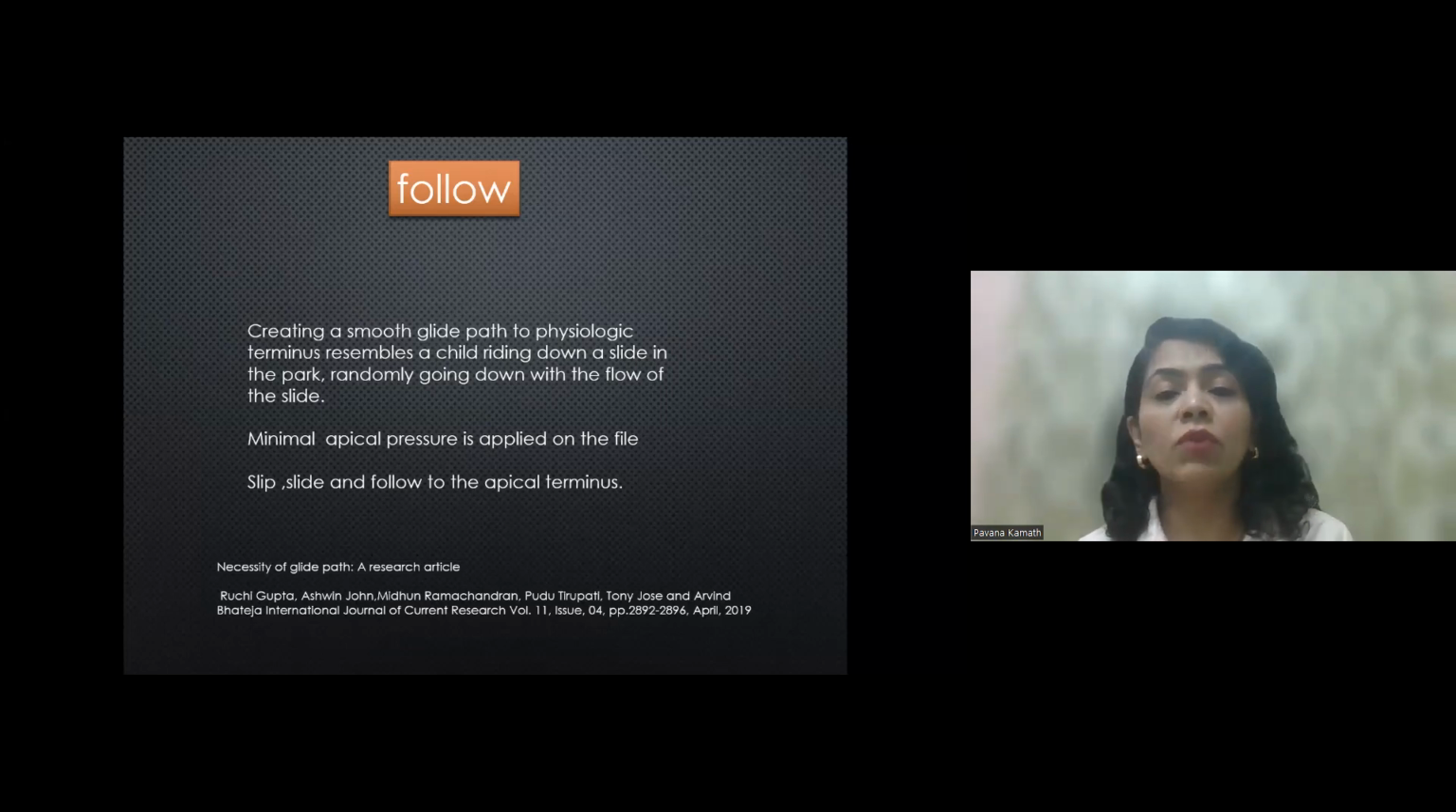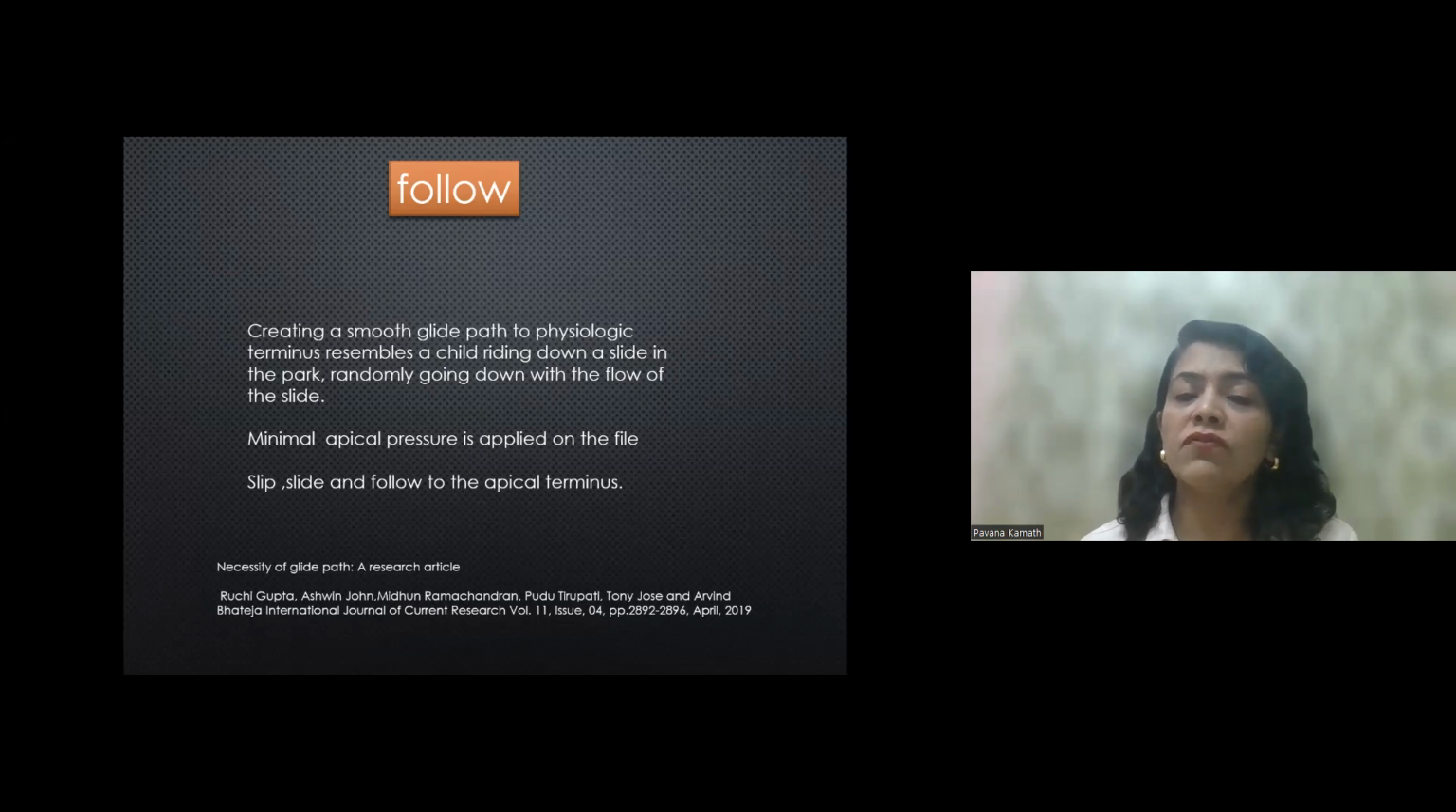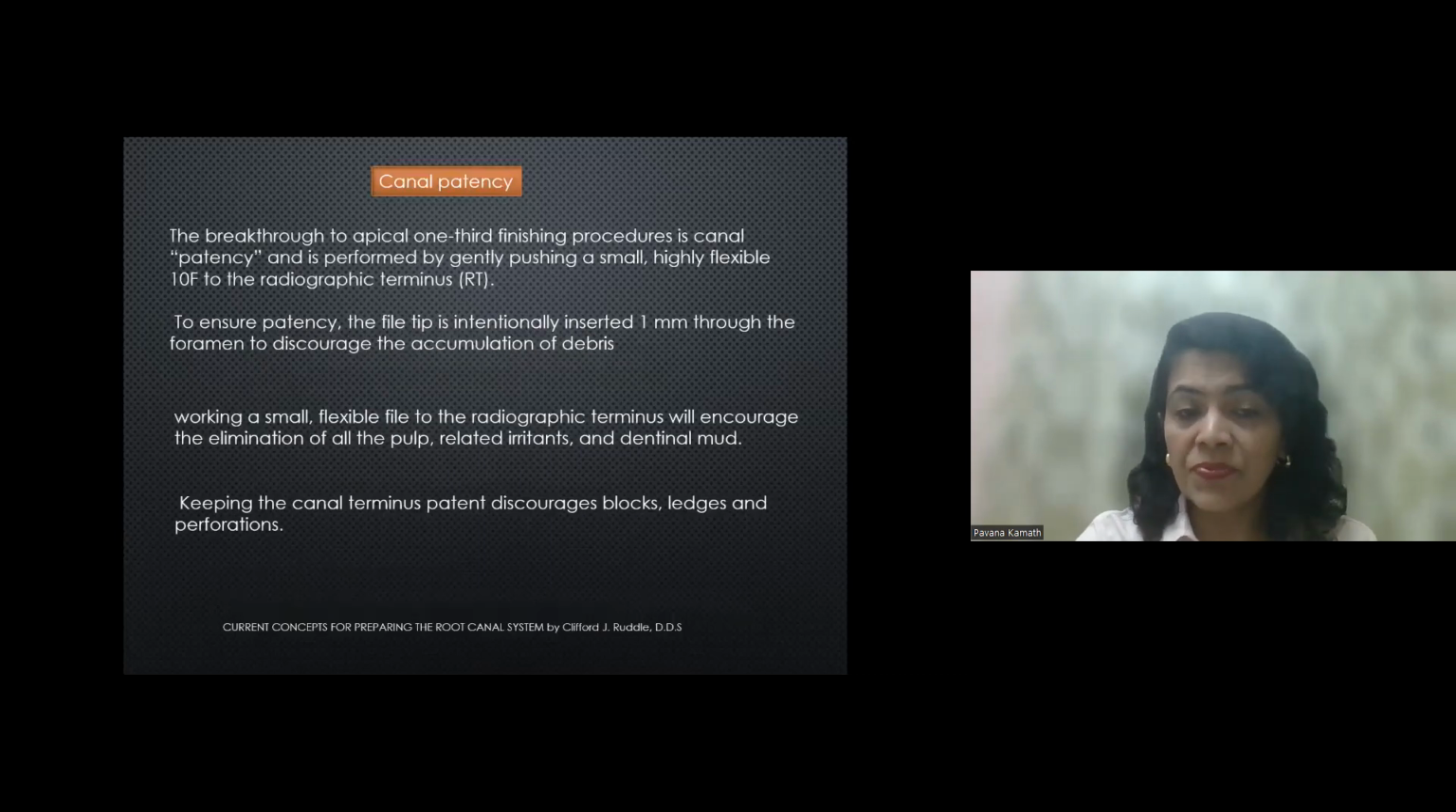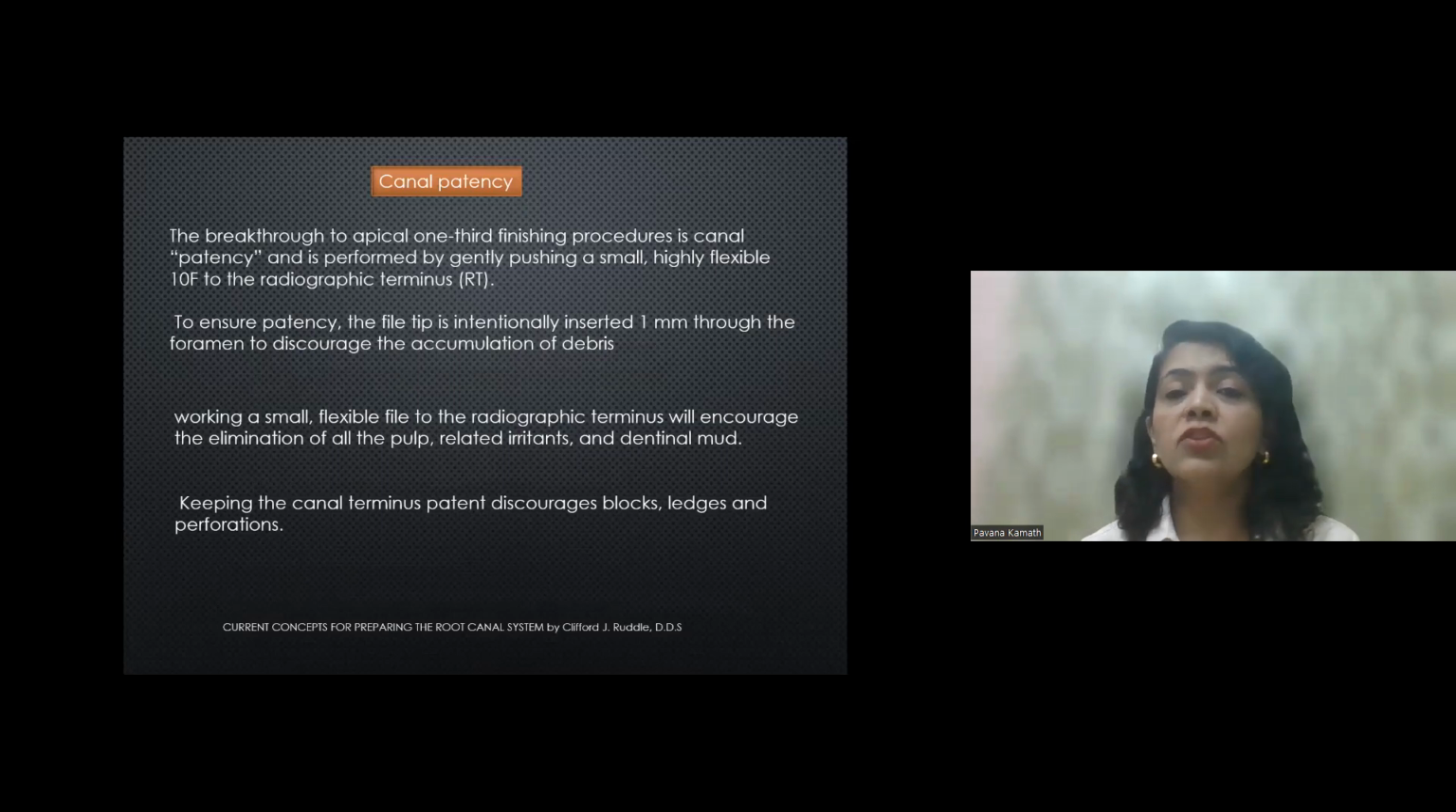That is exactly what we have to do. Using minimal apical pressure on the file, we have to slip, slide, glide, and follow the canal to the apical terminus. And that is how a glide path is established. Once you reach the apical terminus, a breakthrough to the apical one-third finishing procedure is established with the canal patency,